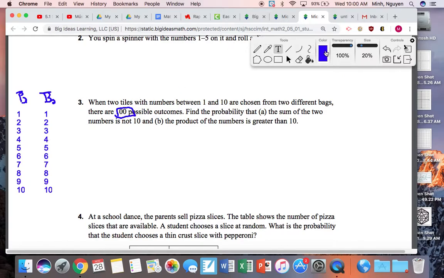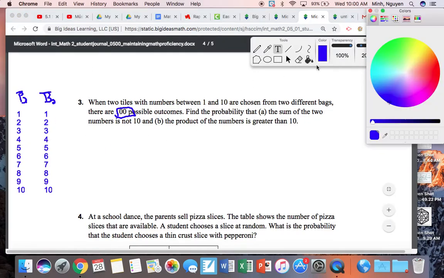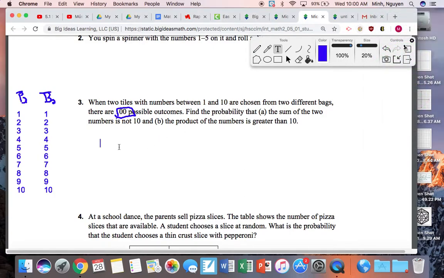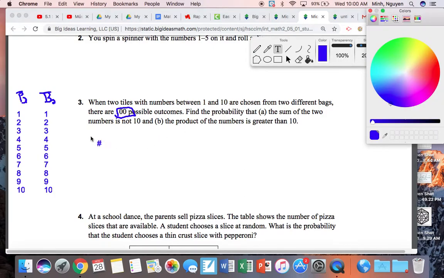Okay, so when you frame a probability, the way it is framed is the number of desired outcomes, or the things you want, over the number of possibilities, or the number of total outcomes. So in this case,